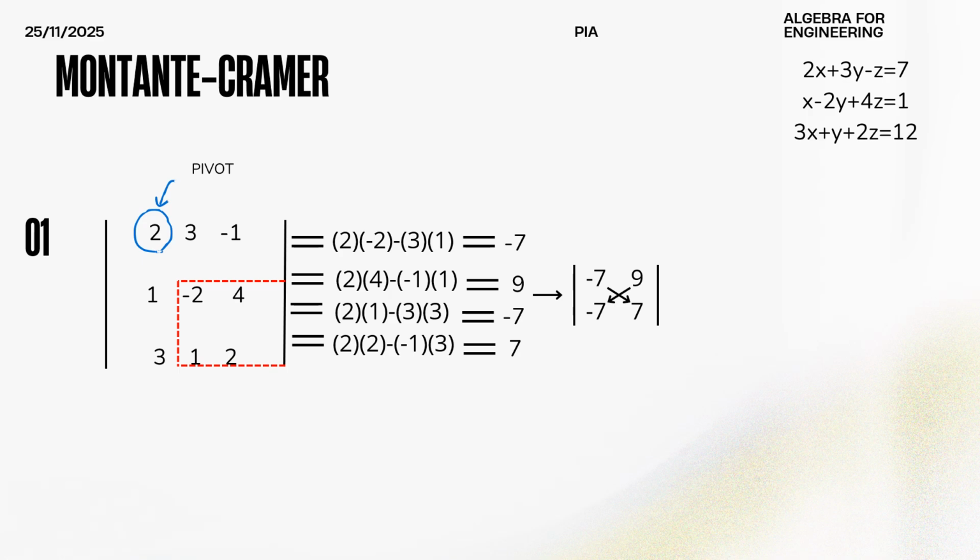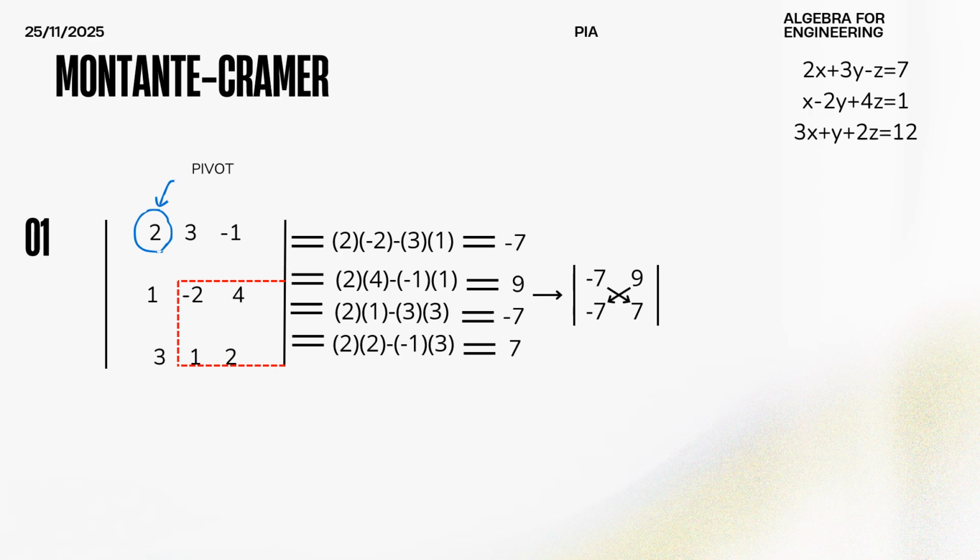-2, and then the only two numbers that are in the same row or column as the -2 that are outside the box are 3 and 1. So we'll multiply 2 times -2 minus 3 times 1, which will give us -7, and we'll put it in the top left corner of the new matrix, that is -7, and we'll repeat the same process: 2 times 4